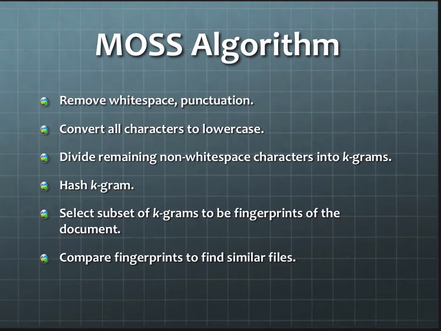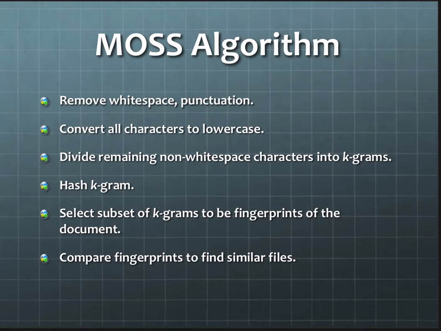Algorithms used. Morse algorithm. In this algorithm, all the white spaces and punctuation for each source code file are converted to characters in lowercase. We then divide the remaining non-white space characters for each file into kgrams, which are contiguous substrings of length k. We do this by sliding a window of size k through the file. In this way, the second character of the first kgram is the first character of the second kgram, and so